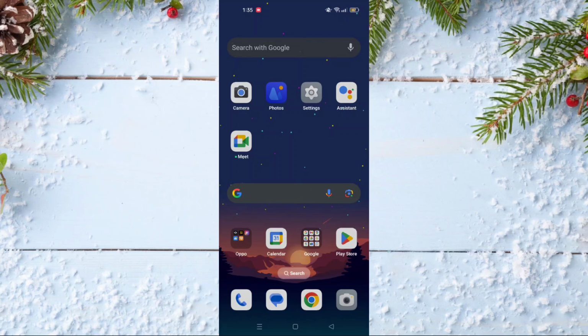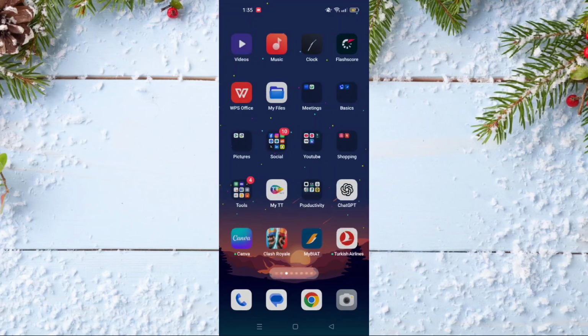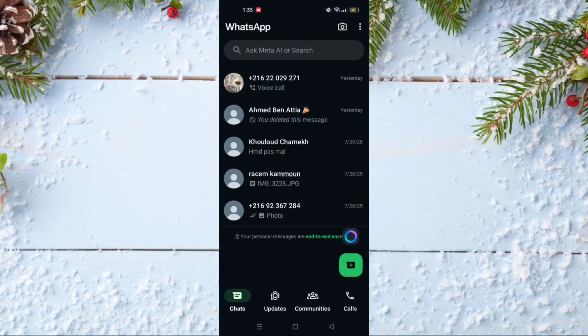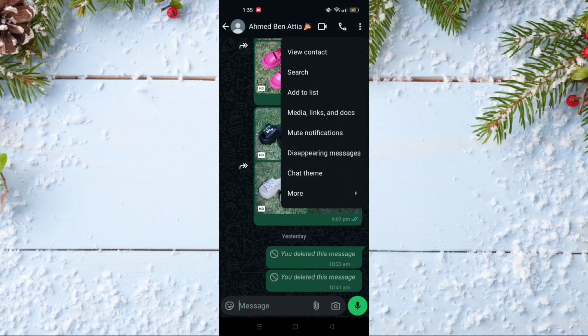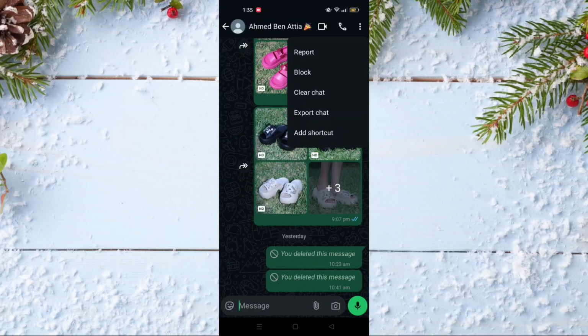In today's video, I will show you how to export WhatsApp chat to another phone. So to do this, you just have to open your WhatsApp account, and after that, go to any chat that you want to export. Click on the three dots on the top right of the screen, click on More, and after that choose Export